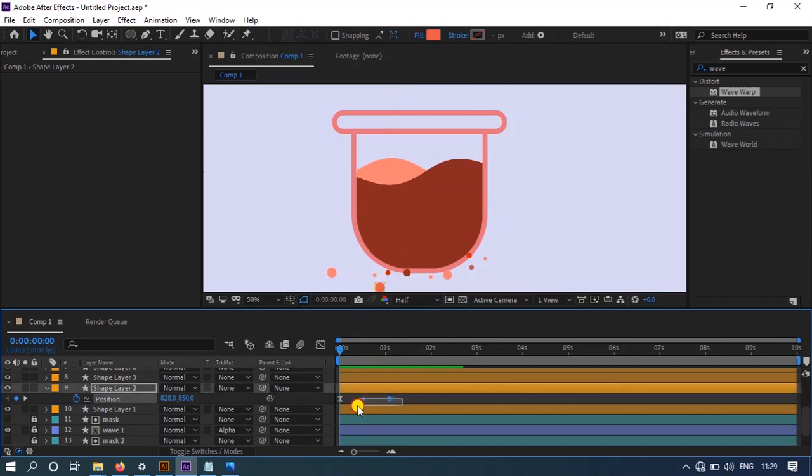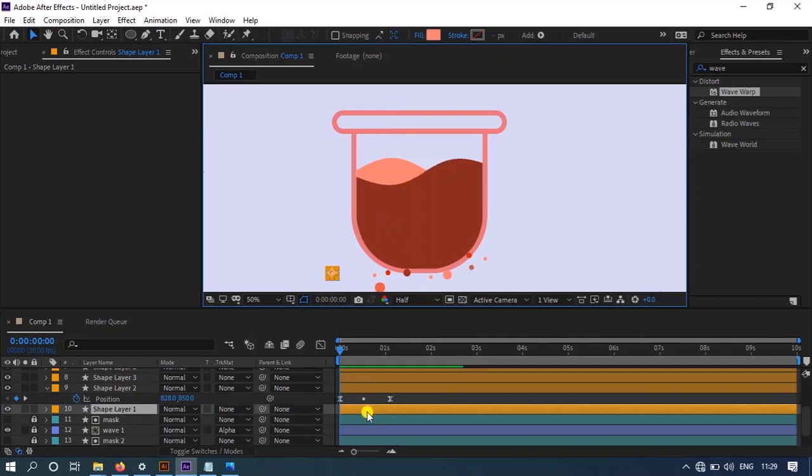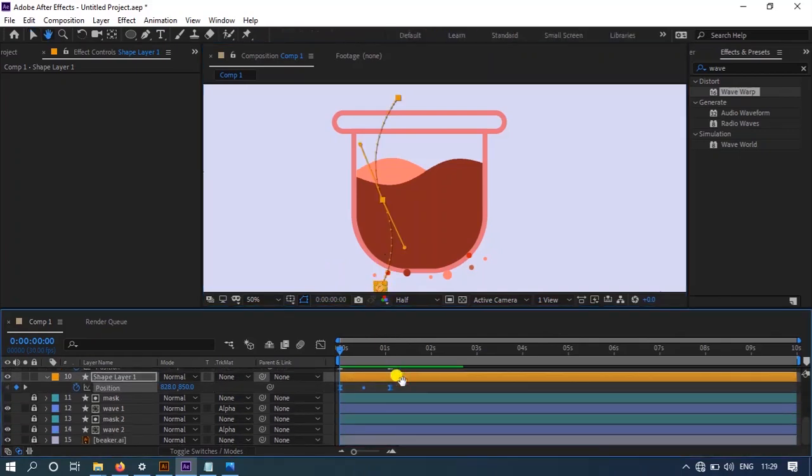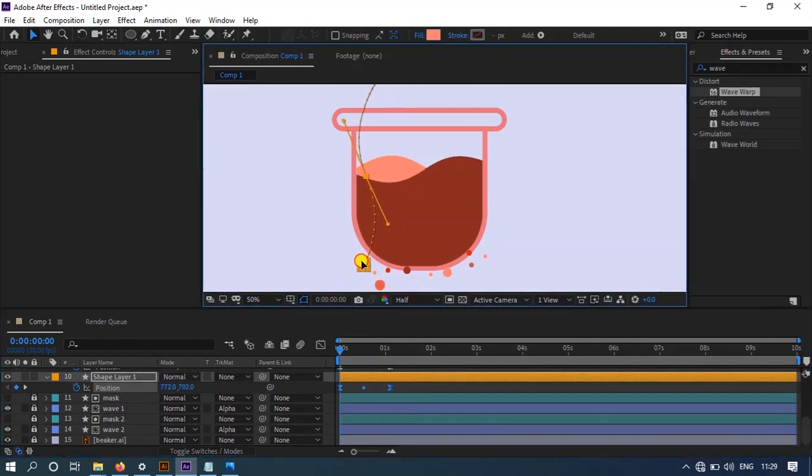Now select these keys, press Ctrl C, come to this ellipse, press Ctrl V, press U, you can see the keys, change the location of this ellipse, change the curve of this path.